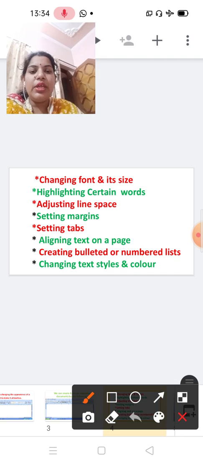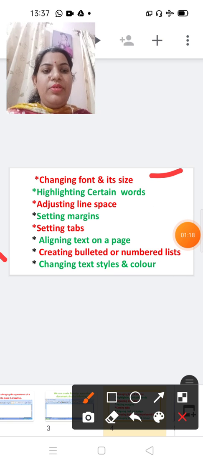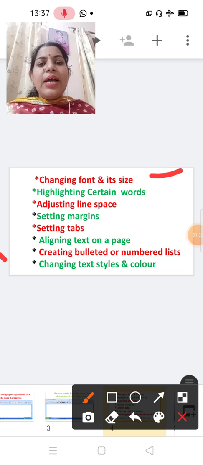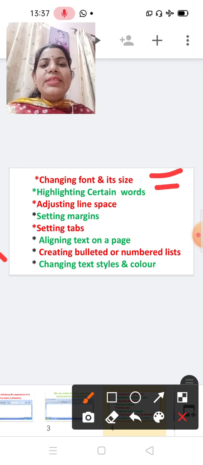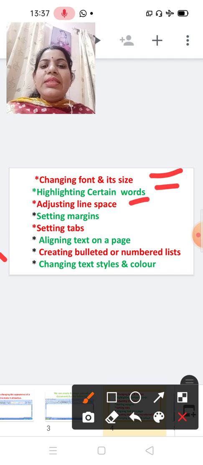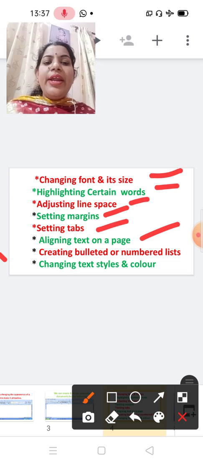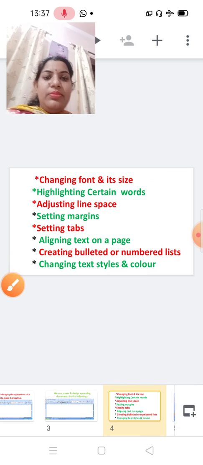The first one is changing font and its size. Second is highlighting certain words. Third is adjusting the line space, setting margins, setting tabs, aligning the text on a page, creating bullet and numbered lists, changing text styles and colors.